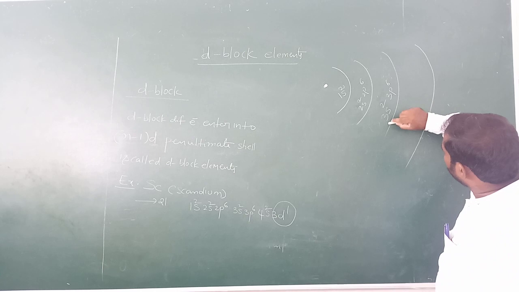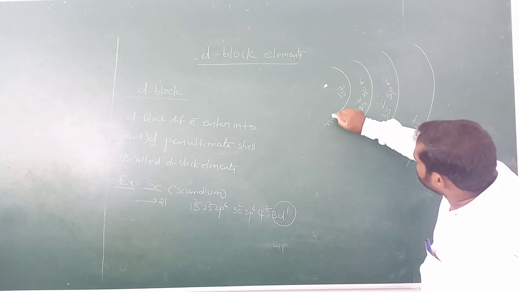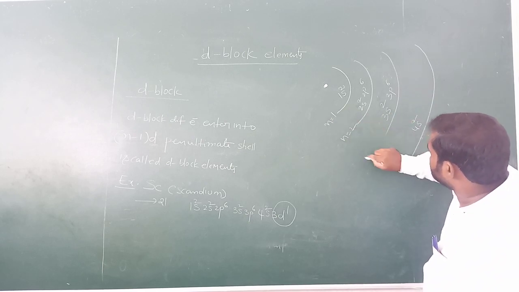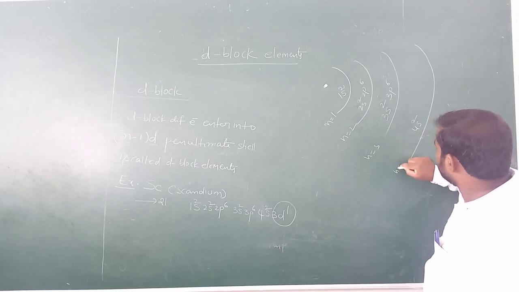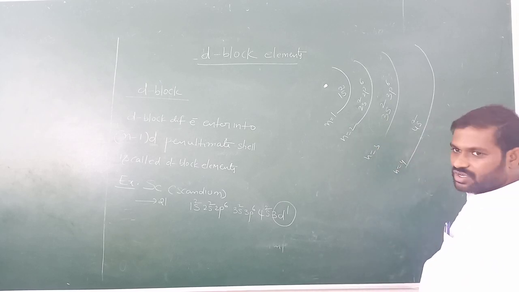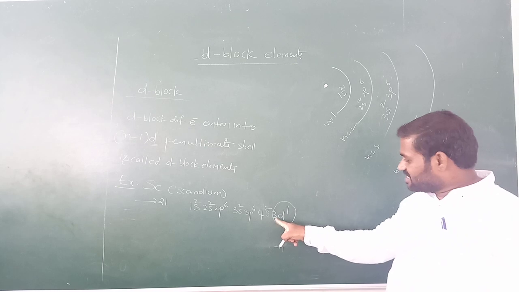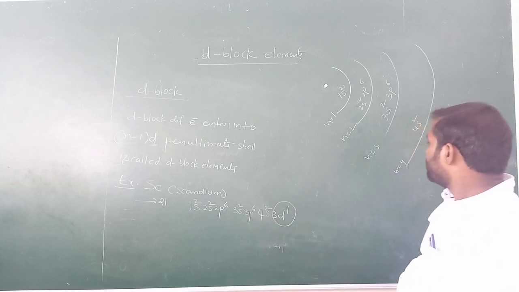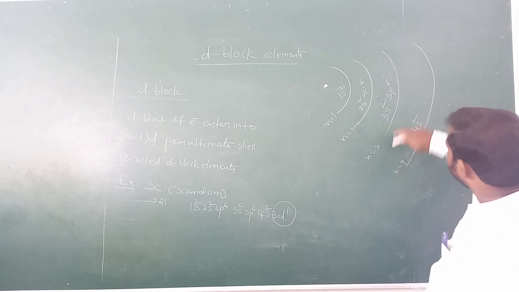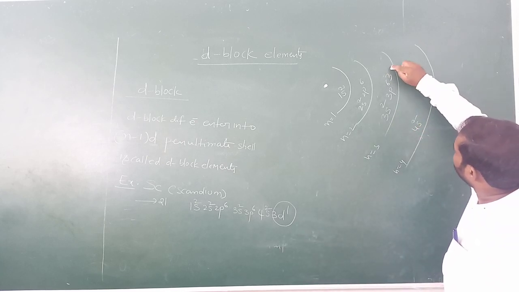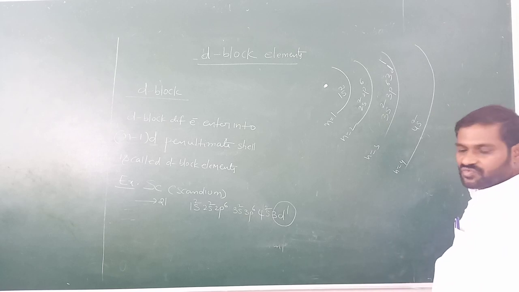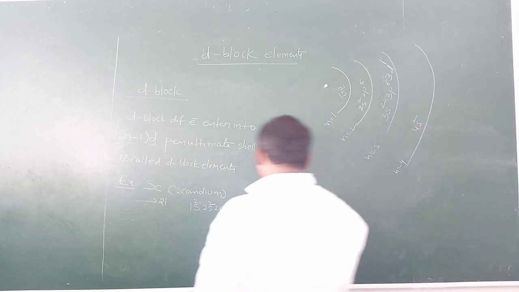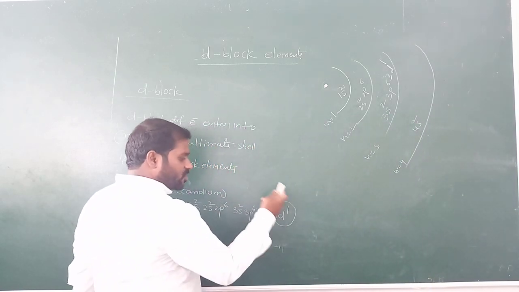3d means this is the third orbit. N equals 1, first orbit. N equals 2. N equals 3. N equals 4. This is the orbit number, you know. So 3d means the third orbit. This number represents the orbit number. So 3d means where? 3s, 3p, 3d1. 3d1. Why? The electron first enters into 4s, then goes for 3d.